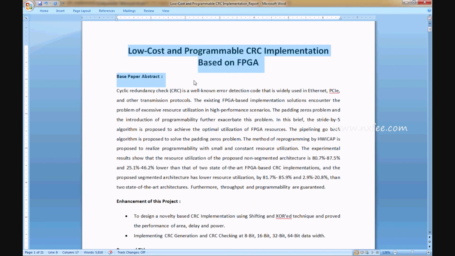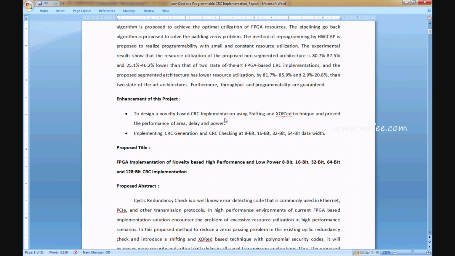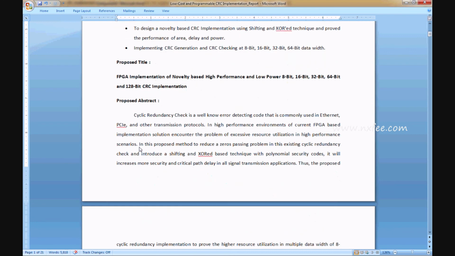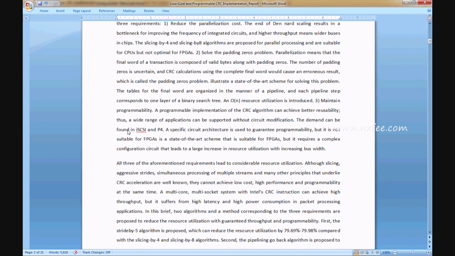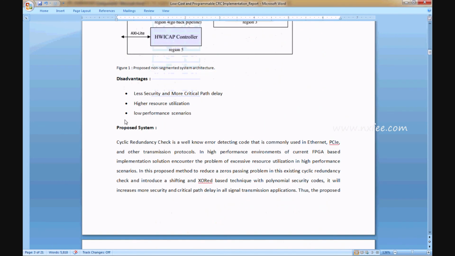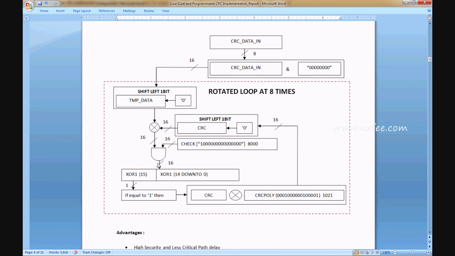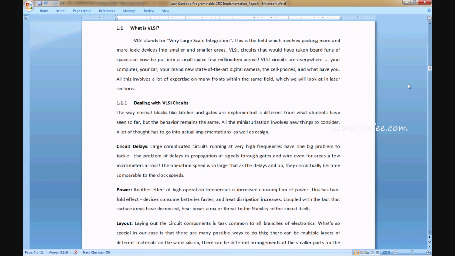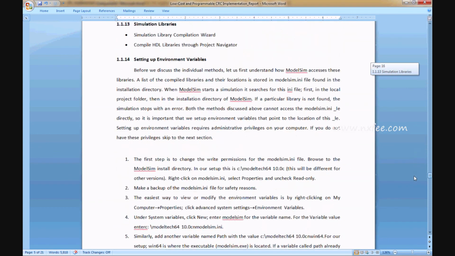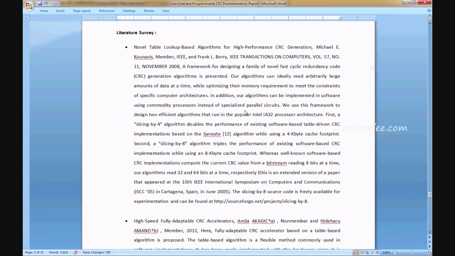So this is the title and base paper abstract, and the enhancement of this project. For this enhancement, we design a novelty based CRC implementation using the shifting and XOR technique and prove the performance of area, delay and power, implementing CRC generation and CRC checking at 8-bit, 16-bit, 32-bit and 64-bit data width. So this is the proposed title and proposed abstract, existing system, disadvantages, proposed system, proposed architecture, advantages and related notes. And finally the literature survey,